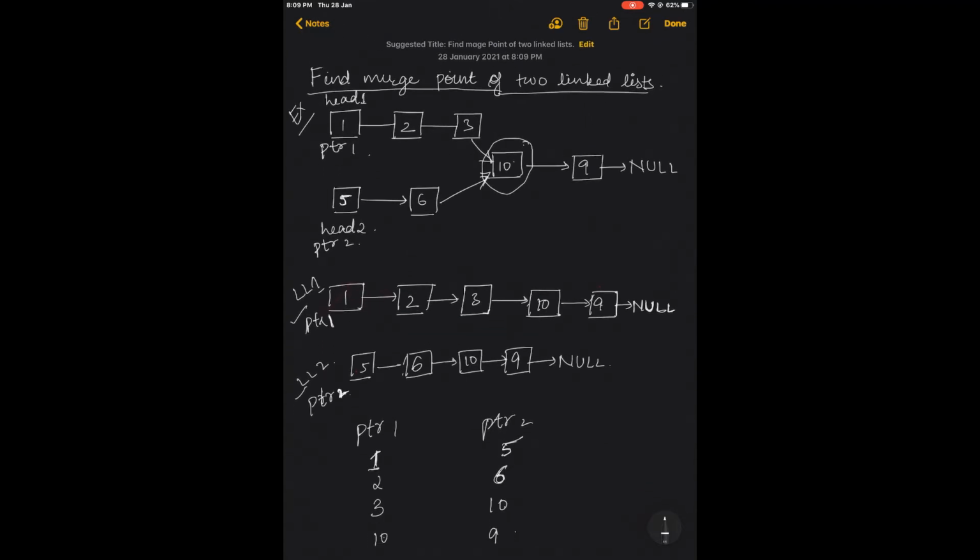So the logic behind this question would be that even if the two linked lists are not equal in length, the number of nodes required to reach the common node will be the same if both the linked lists are traversed. For example, starting from 1 in the first linked list, so 1, 2, 3, 4, 5,